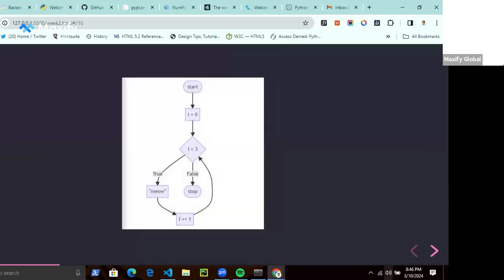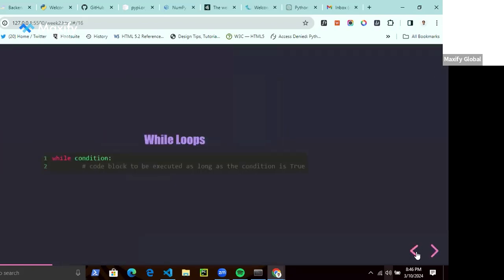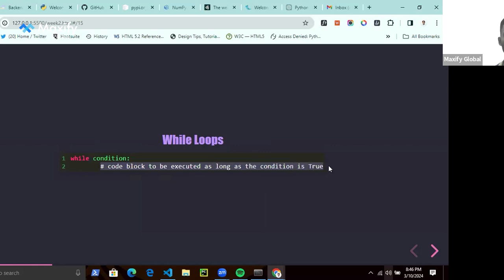So like I said, essentially loops are a way to do something over and over and over in Python. They come in 2 main flavors. We have while loops, and then we have for loops. But let's take a quick look at the while loop. Now, this is the syntax for a while loop. While a condition is true, the following block of code will run. So let's say we have 5 greater than 3, then this particular block of code will run. But if it's false, then this particular block of code will not run, right?